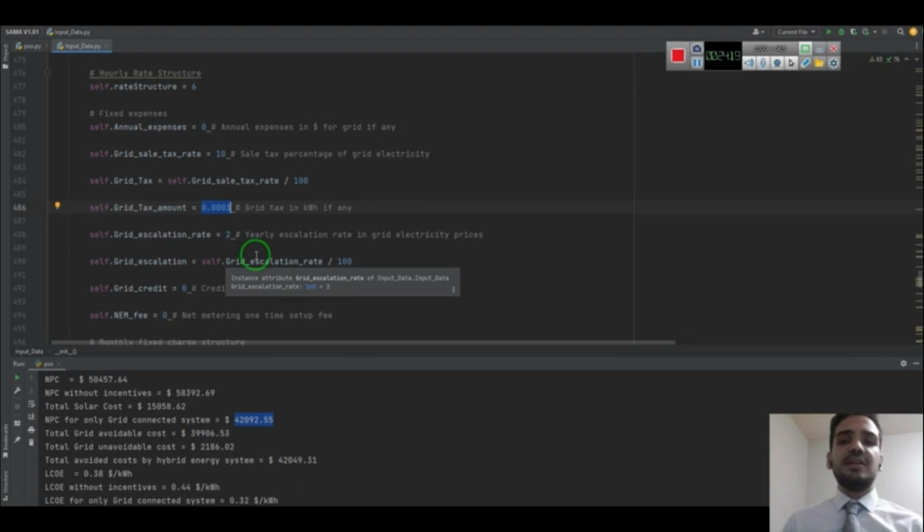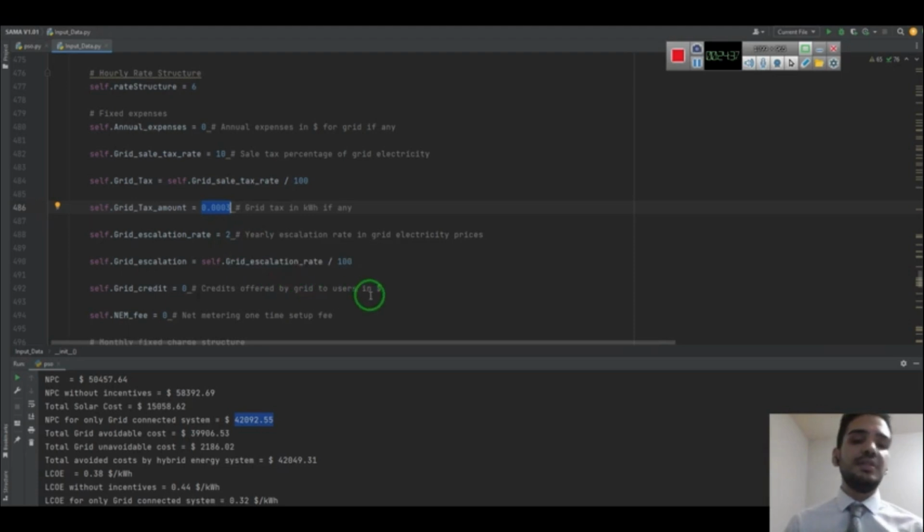Because the project lifetime is 25 years, through research we noticed that the yearly average grid escalation rate is 2%. So we consider this as the grid escalation rate for the calculations.